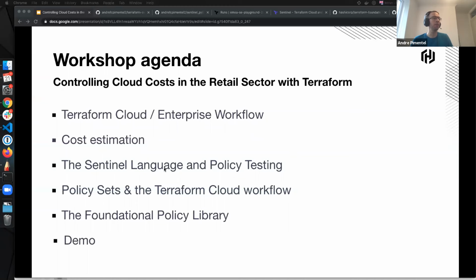Then there will be a couple of links for the foundation on policy, so please stay tuned. Then there will be a practical demo, and as Connor mentioned, the Q&A after. This is a pretty informal talk, so feel free to ask any questions.